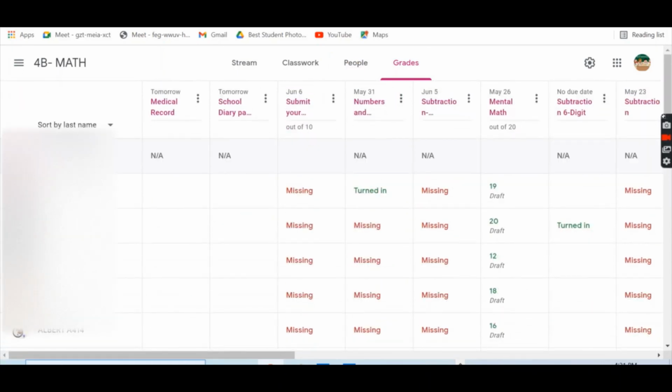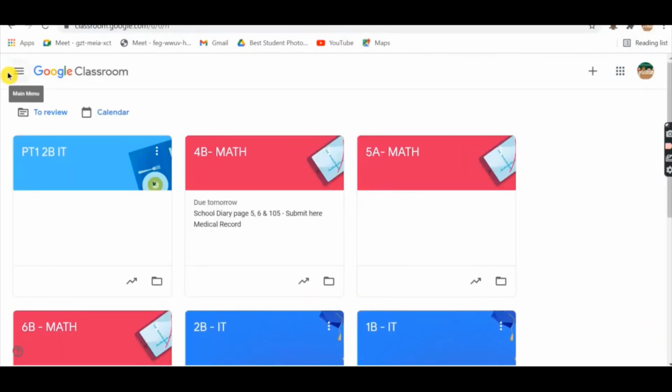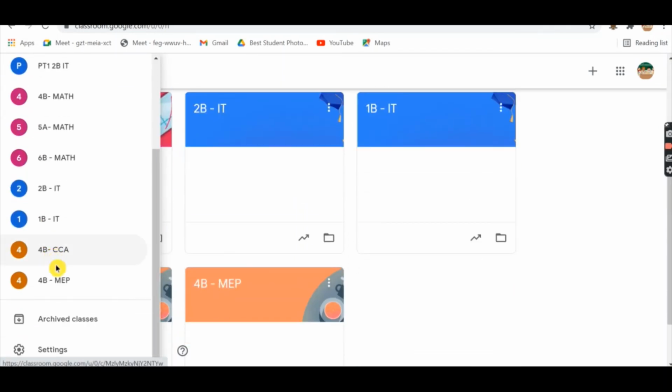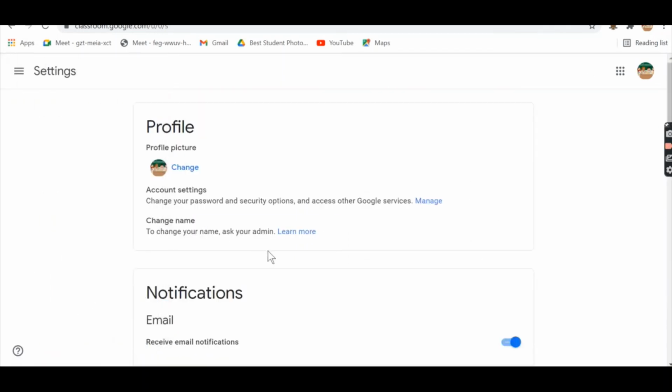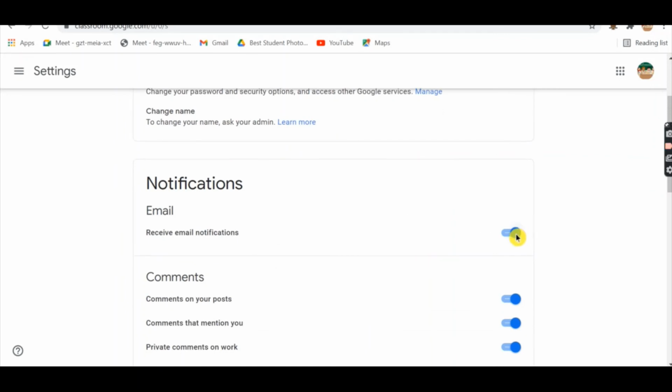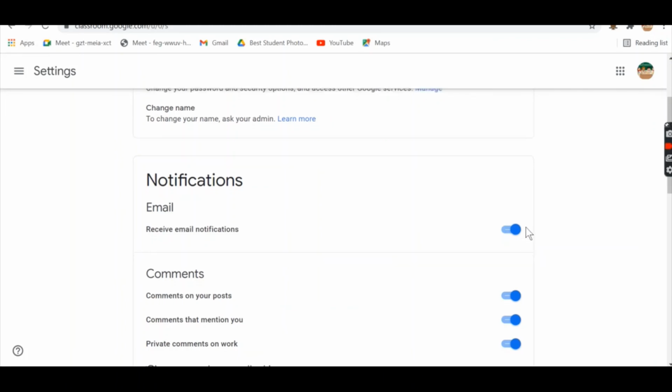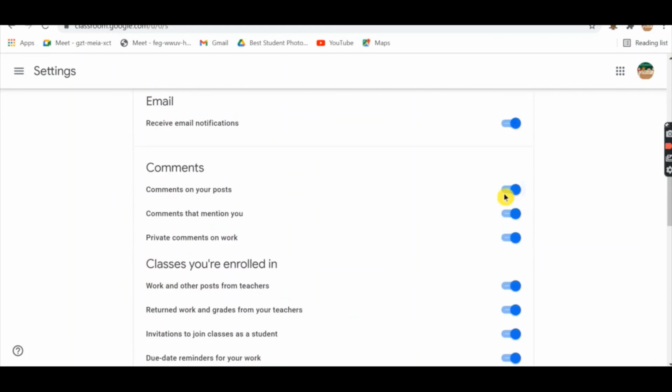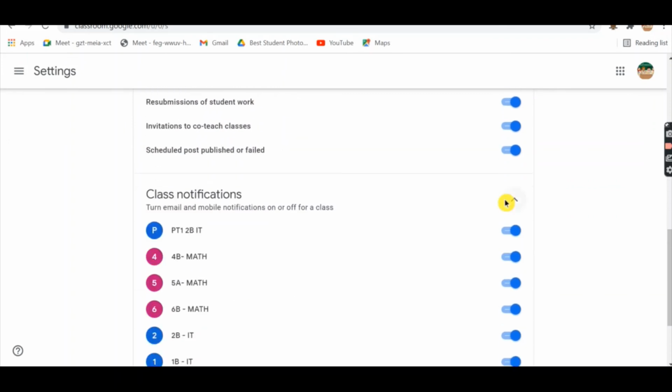To stop email notifications, comments, posts, and everything for a particular class, click the menu, go to Settings, and here you can see the overall email notification. If we switch it off, then when students post comments, other students will not receive them.